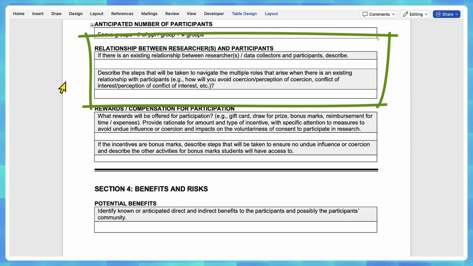Just given that nature, there could be the sense that the student feels obligated to participate because you're their instructor and they want to look good in your eyes, or they'll participate and want to give what they think is the answer or the data that you want. So you need to take some steps to mitigate those